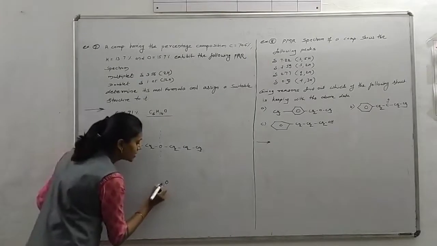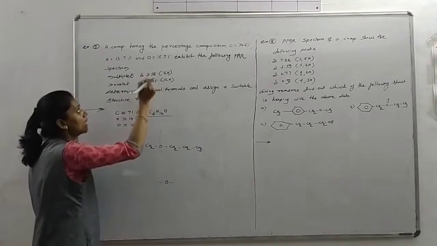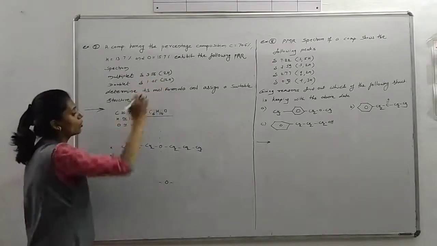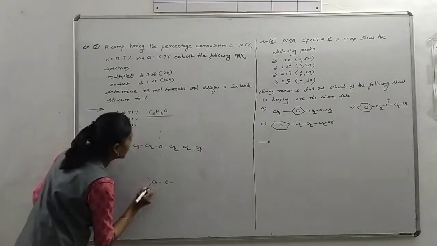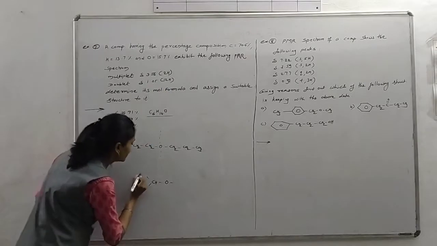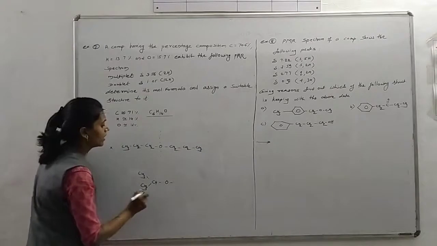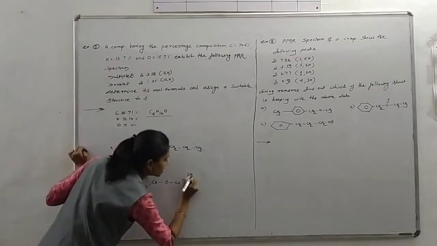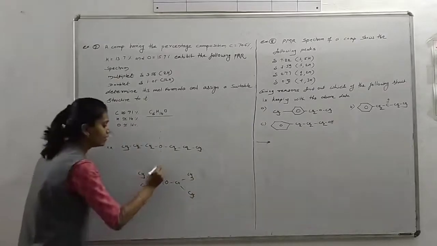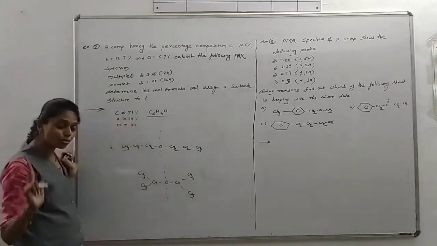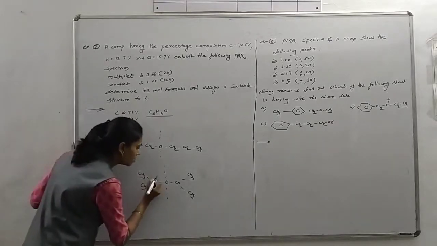Then the other possibility is like this, and only 1 signal is given at the shielding side. Okay, and 2 protons here. So again we take the isomer like this, with 12 protons here. Then we have CH3, CH3. That means we can write it here like this: CH3, CH3, CH, O, CH, CH3 and CH3. Now in this case, when we draw the symmetry, we get only 2 signals. How can we say 2 signals?